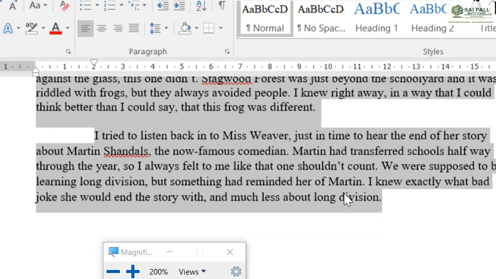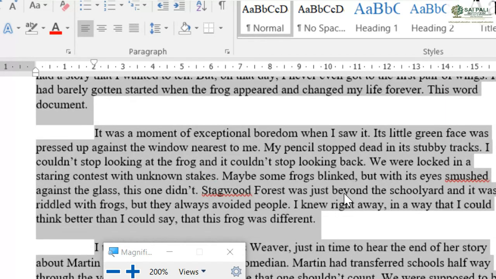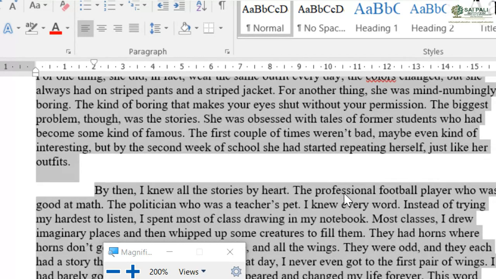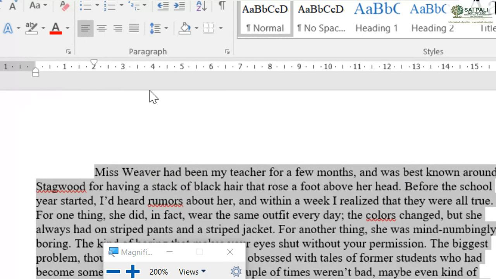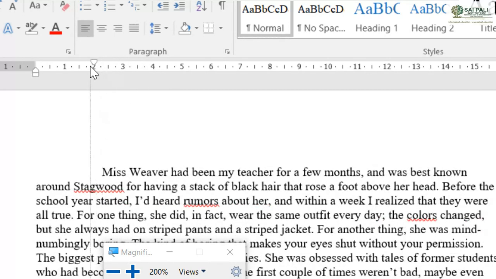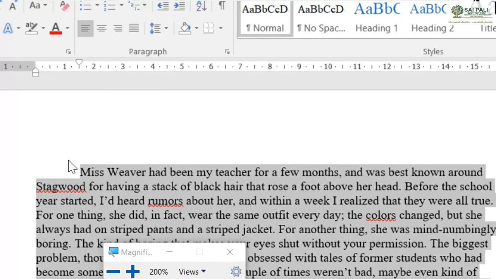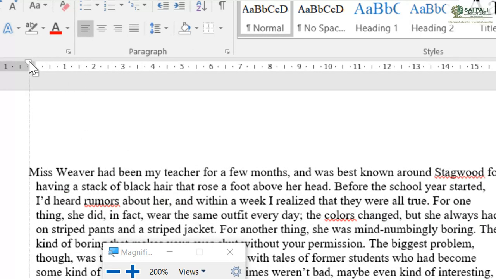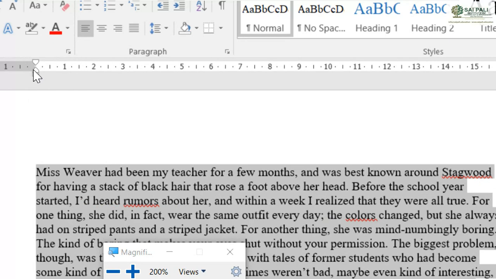Now you can see every paragraph's first line is now indented, and I can decide how much indent it will do. Or I can go for hanging indent also.